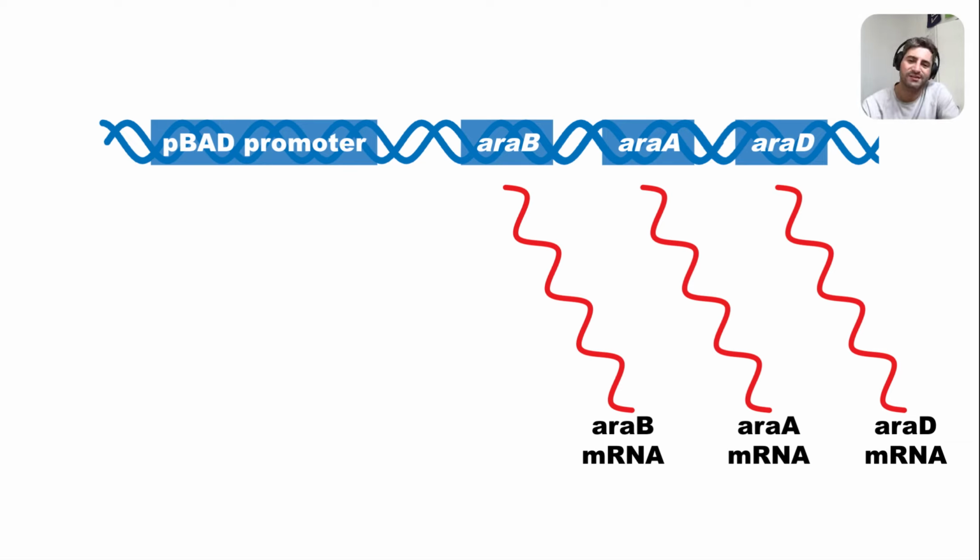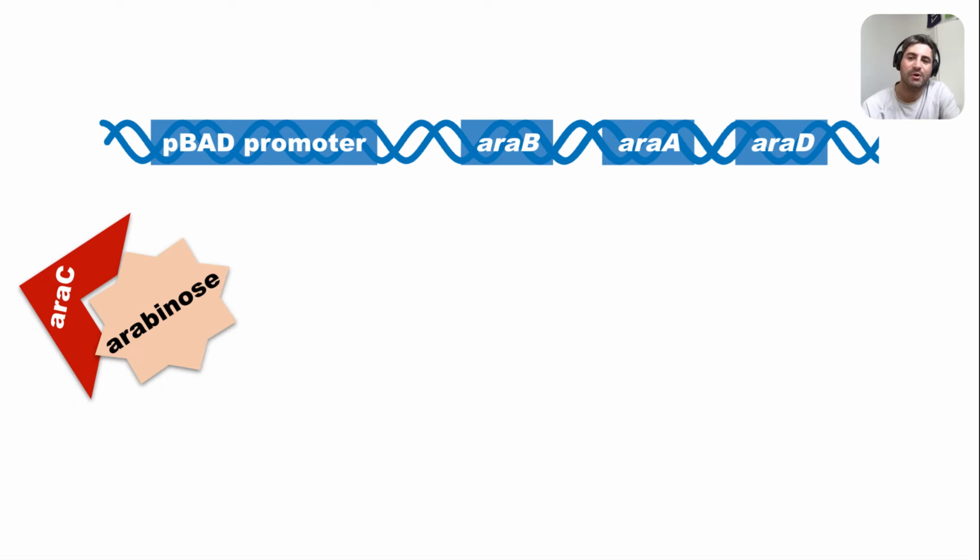So what scientists have done to form the plasmid that we used in our pGLO lab is kept most of the parts of the system the same, except they replaced the ARA B, ARA A, and ARA D genes in the DNA on that plasmid with the GFP gene. So they kept the pBAD promoter as it is, but they replaced those genes with the GFP gene, so that the expression of that gene could be regulated by the presence or absence of the sugar